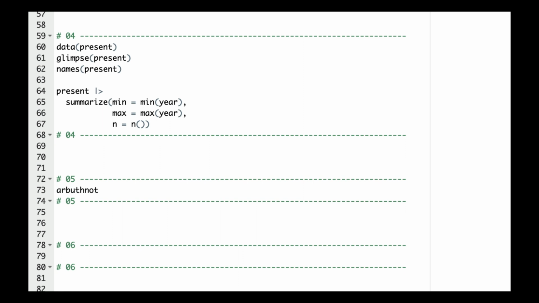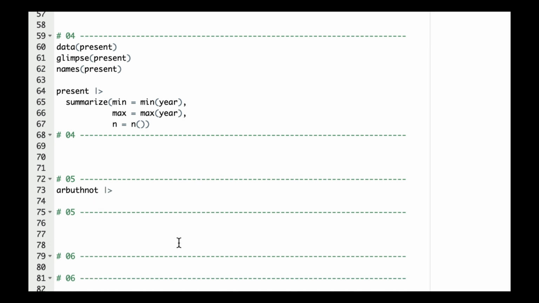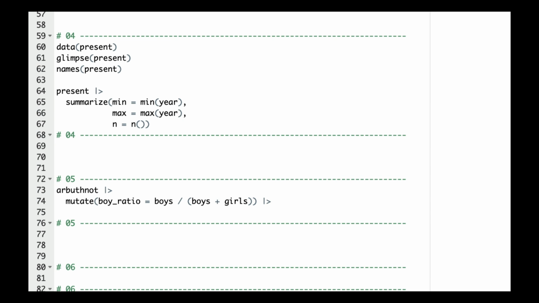And again, we're going to use that pipe operator to connect several different things here. And the first thing I want to do is recreate that boy ratio. I'm just going to retype it because it's just easier. You're welcome to copy and paste it. You'll notice I'm using a different strategy. So even though I have that total variable, I'm just going to do it manually, boys plus girls there. And then I'm going to come down and use that summarize